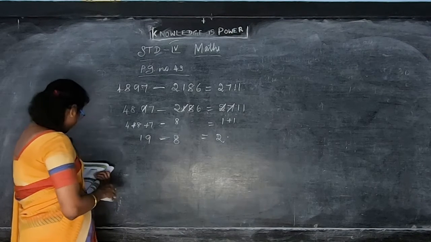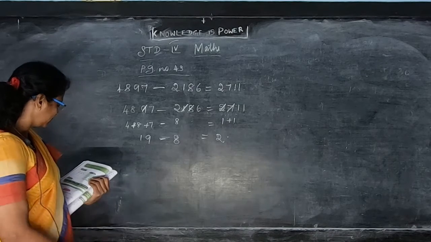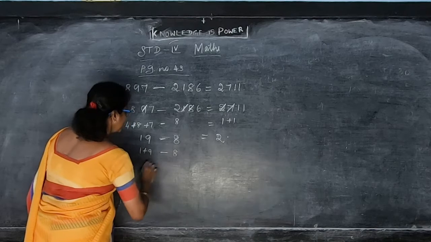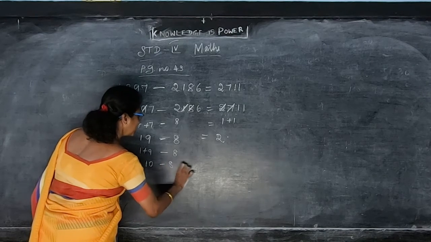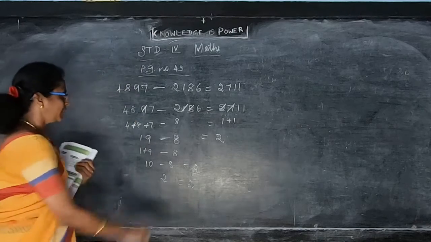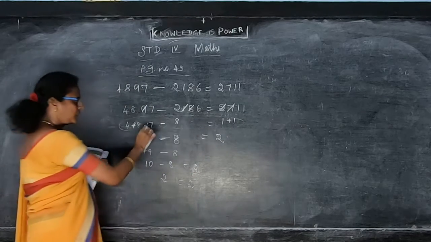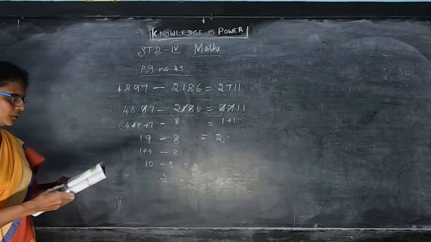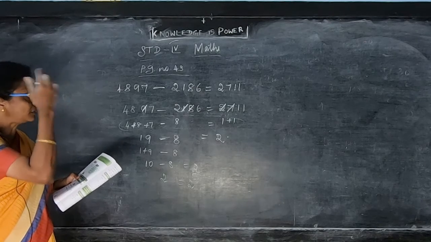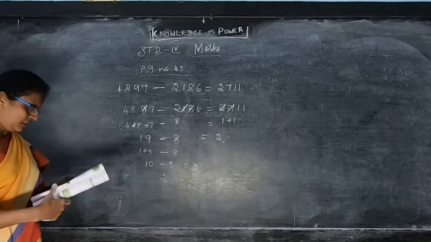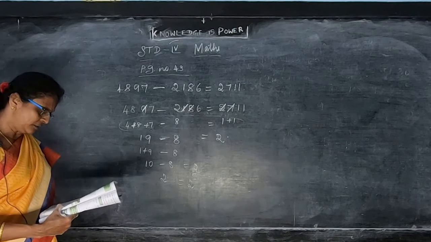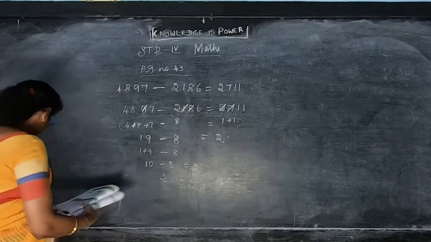11, how does it become 10? 1 plus 9, so 1 plus 9 minus 8. 1 plus 9 is 10, minus 8 is equal to 2. So 10 minus 8 is 2, equal to 2. Here we add everything and finally, when the total comes, subtract, 2 is equal to 2. Remember that subtraction is the reverse of the addition. Now the next one, circle the multiples of 9 by casting out the 9.